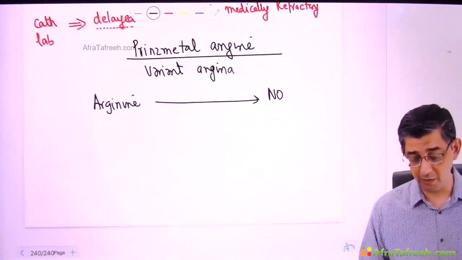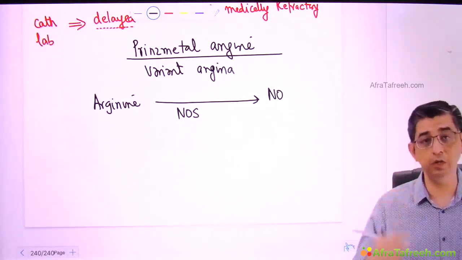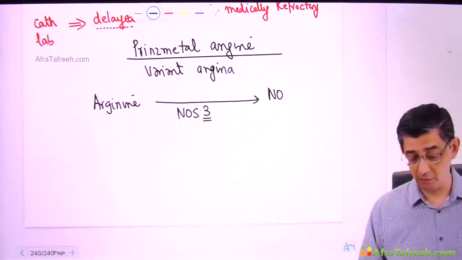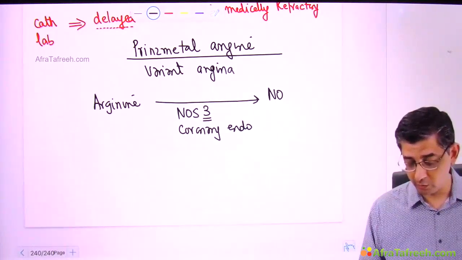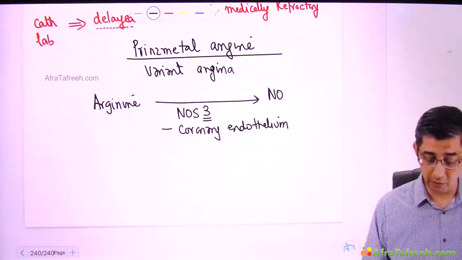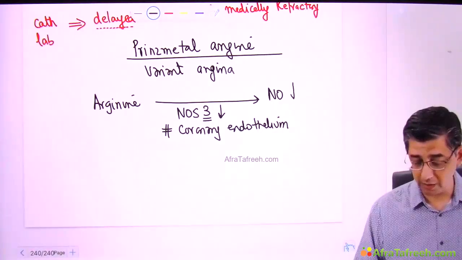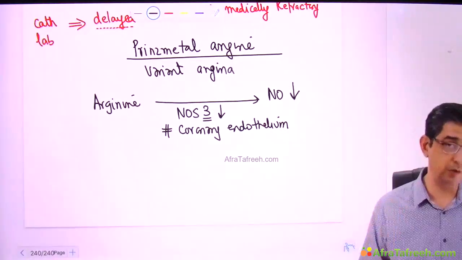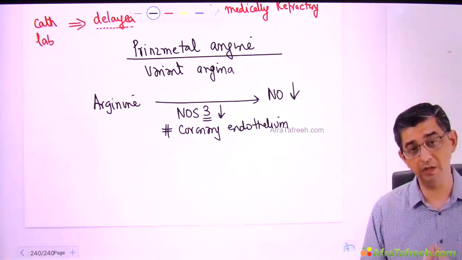Now, why that is happening is because there's an enzyme called nitric oxide synthase. It is also of 3 types, 1, 2, 3. You know that from physiology. So I'm talking about nitric oxide synthase type 3. This is present in the coronary endothelium, and it is supposed to produce nitric oxide, which will be a coronary vasodilator. But this coronary endothelium and the enzyme inside it is malfunctioning. So the synthesis of nitric oxide in my patient of Prinzmetal angina will be lesser, and his coronary arteries will not be able to dilate, or in fact, due to complete or significant deficiency of nitric oxide, they might even constrict as well.